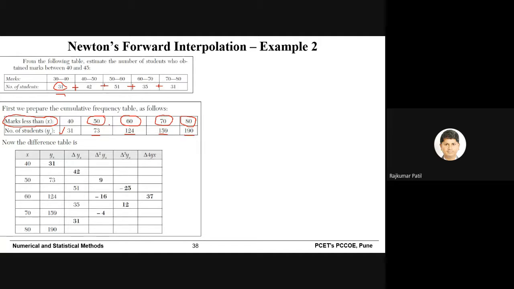190. So this particular step is very important. We replaced marks by marks less than X, and number of students as number of students, but for the given criteria. So this is a very important step, I would say. Now, when we look at this modified table, you can confidently say that we can easily prepare the difference table. So we put the values of X, values of Y, and then we can find out the remaining values for del.